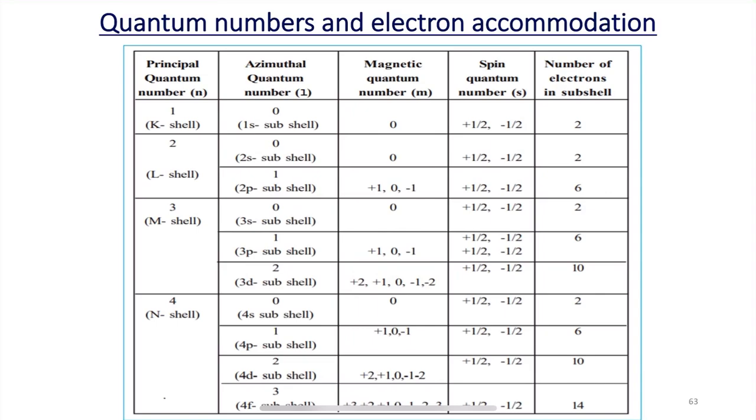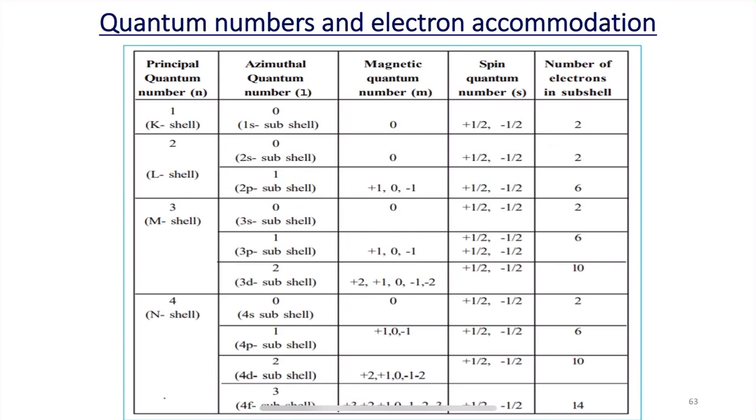In the same way, the magnetic quantum number also differs. Since K is the lowest shell, the electron will first fill the K shell, where we find no magnetic quantum number, so it has a magnetic quantum number of 0, whereas as it proceeds to the L shell, the magnetic quantum number takes up either plus 1, or 0, or minus 1. And next, if we move on to the spin quantum number, so here in all cases,